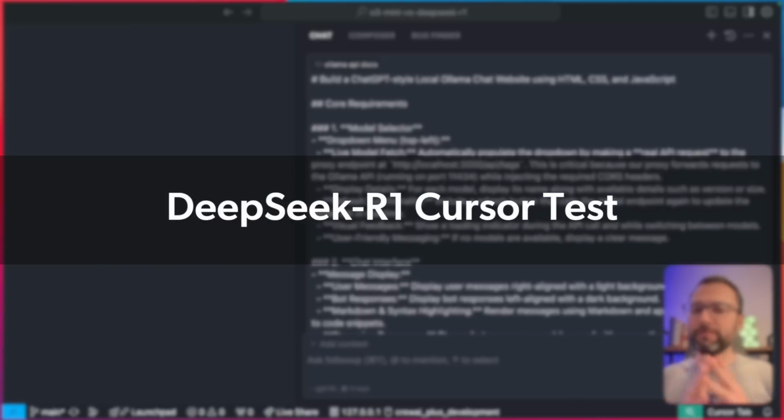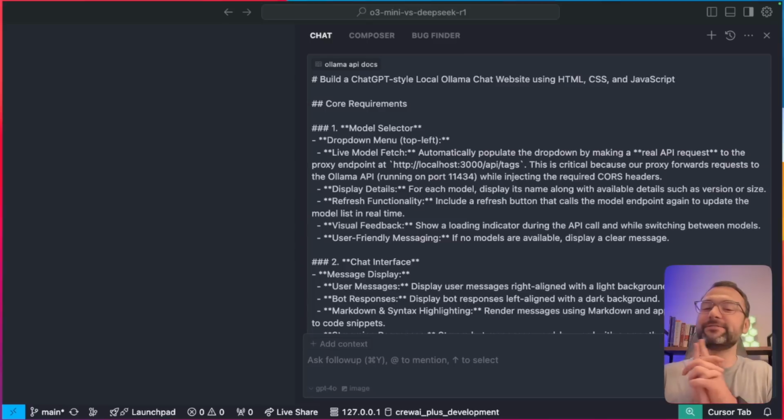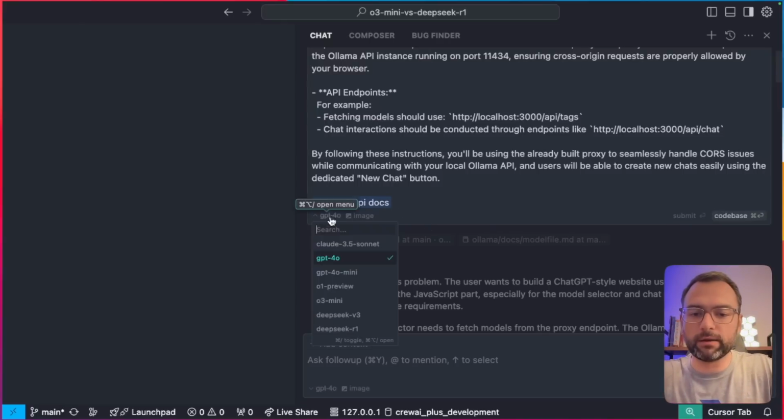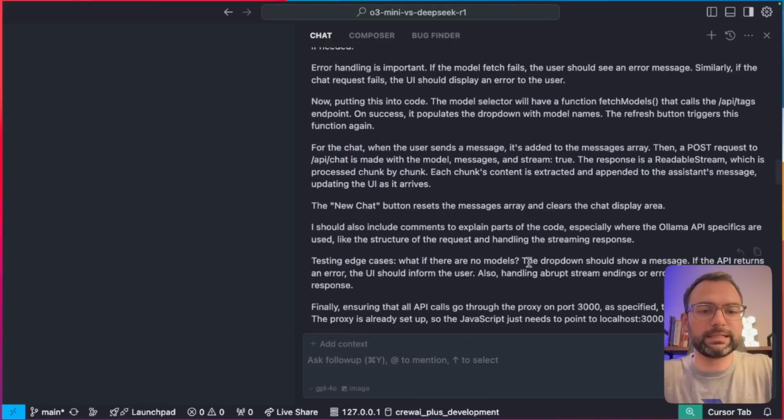So for our fourth mini test, what we're trying to do is see if DeepSeek R1 inside of Cursor can build the entire application in a single shot. You can see we're passing in the same prompt. We're also giving it access to a lot of docs, and this was obviously set to DeepSeek R1. And then we kicked it off to the races to let it go off and do